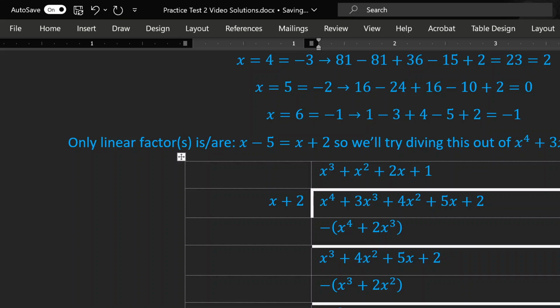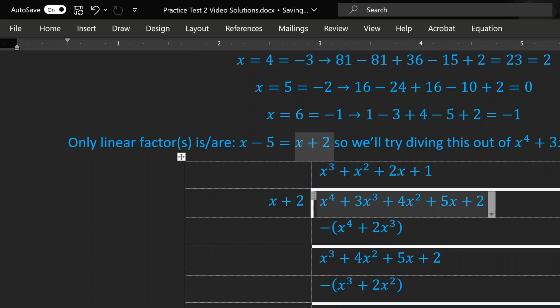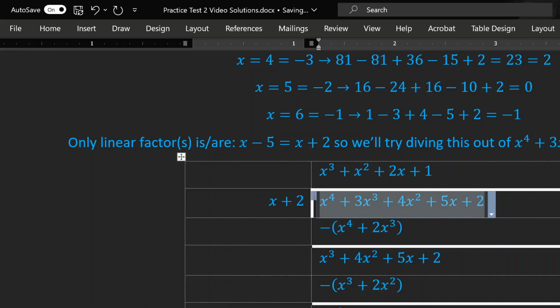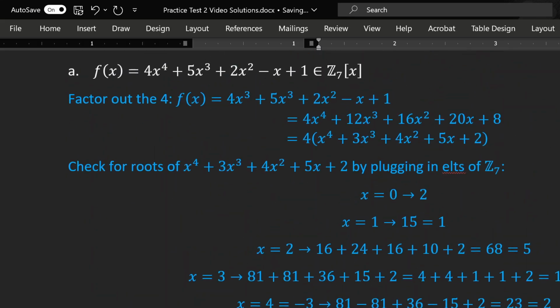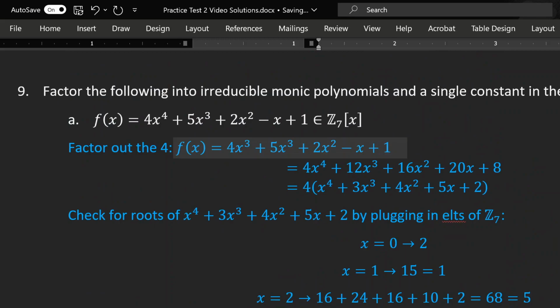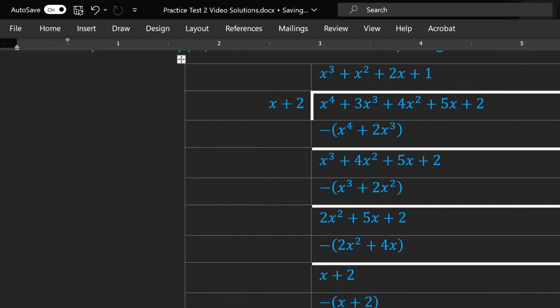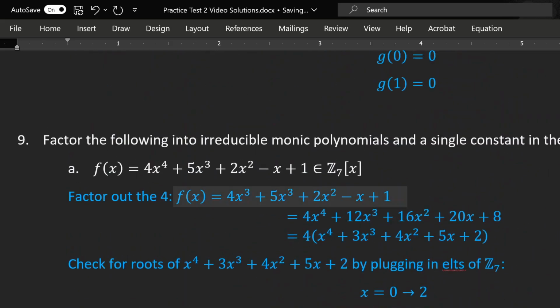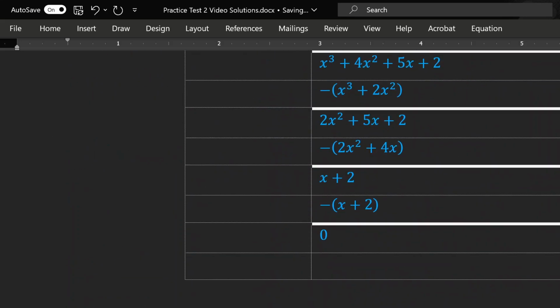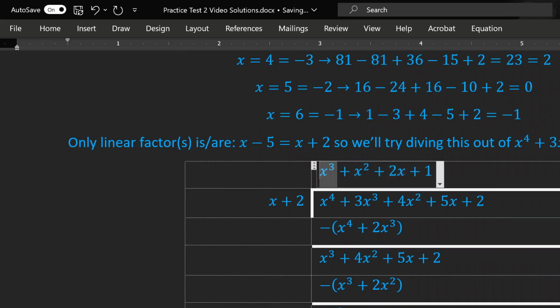And we should have a remainder of 0 because we already knew that x plus 2 had to be a factor of this original polynomial right here. So what we just found out is, starting from the very beginning, f of x was equal to 4 times this, and we just divided out x plus 2 from that. So this is 4 times x plus 2, which is also monic,